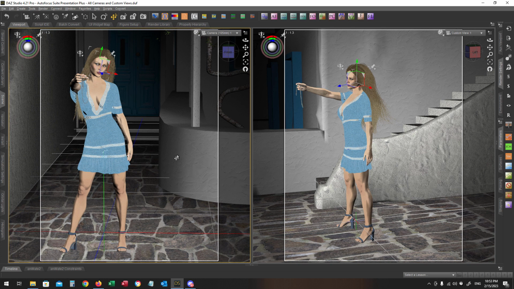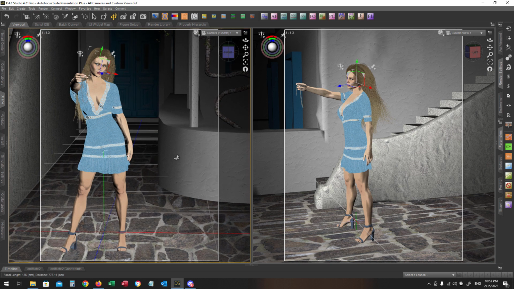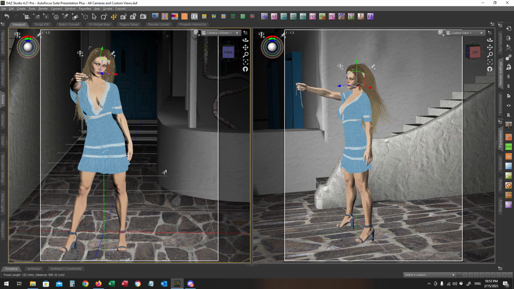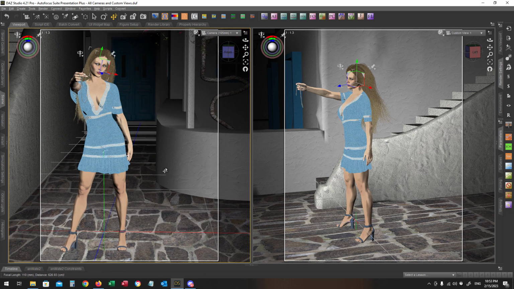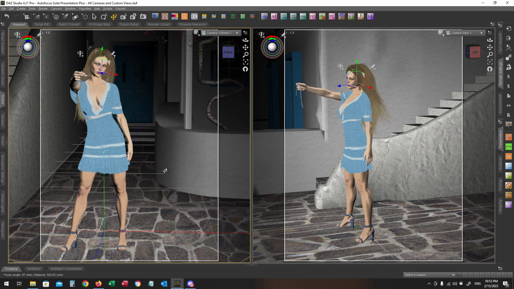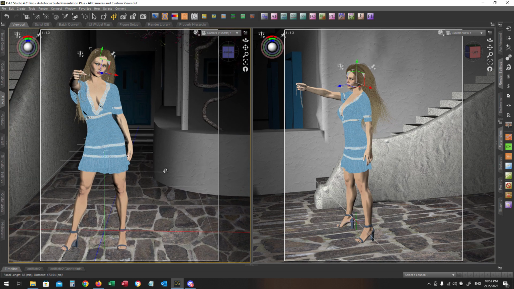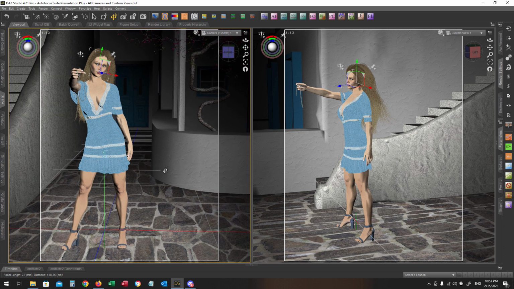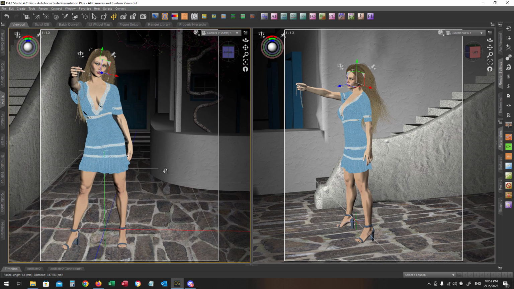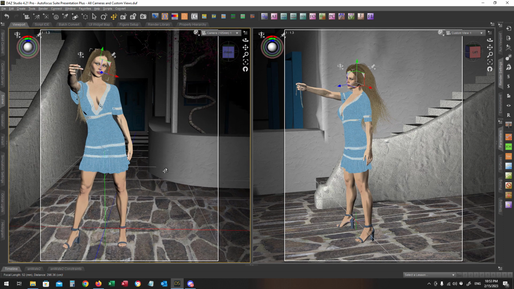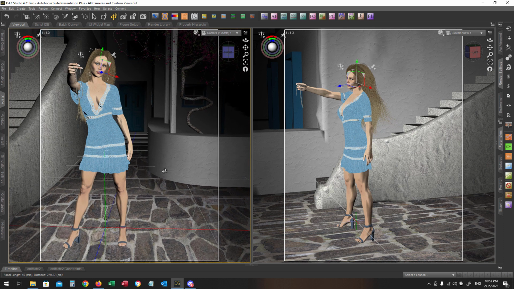Turning this knob in the opposite direction, counterclockwise, I am decreasing the focal length. You can see it down in the status bar, and at the same time I'm decreasing the distance between the camera and Lucy. Now the lens is wider, so I can include more items in my scene. And as you can see at this point, for example, I've got a bigger portion of the stairs included, and all the trunk with this window behind it is now visible in my